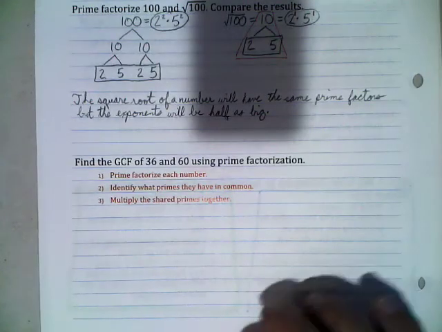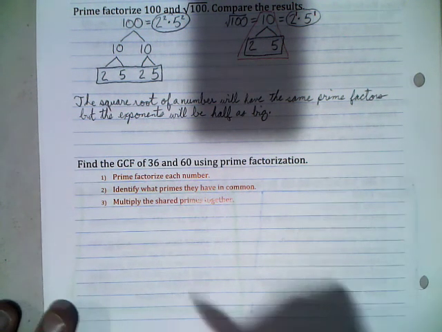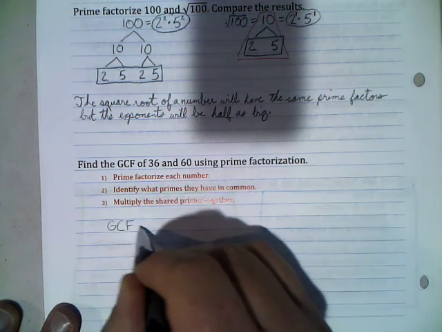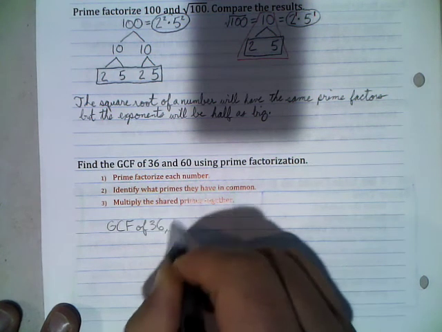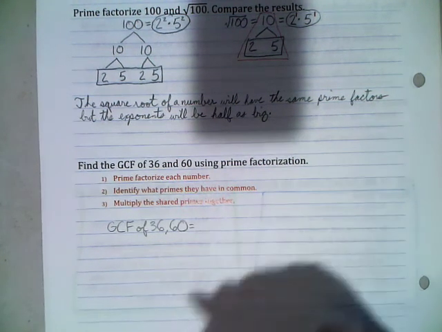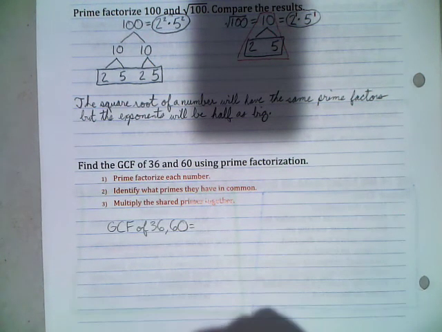All right, finally, the last concept here, we're going to find the GCF of these two numbers using prime factorization. So, ladies and gentlemen, first things first, I'm going to copy the problem. GCF of 36 and 60, and then equals, and this is where my answer is going to go. So if we prime factorize